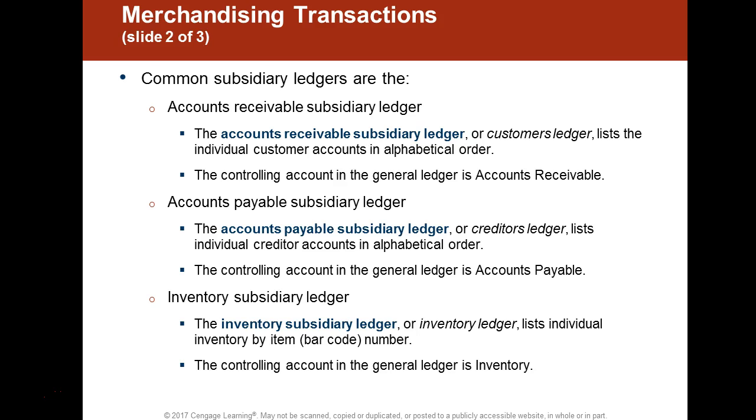Same is true for your accounts payable. You're going to see an accounts payable ledger, while on your financial statements you'll see accounts payable and a dollar amount. But then the subsidiary ledger is going to show all the details: the vendors that you actually purchased items from, the amounts that you owe them, and possibly the date and invoice numbers. So that subsidiary ledger is going to contain supplemental, very detailed information that you will not see on your financial statements, which is very important.